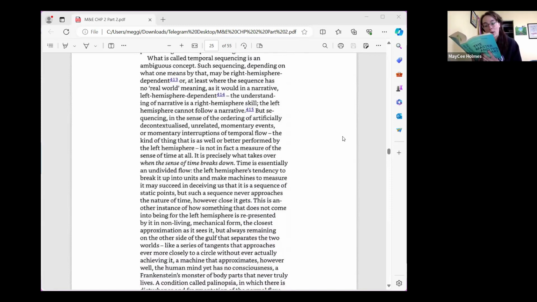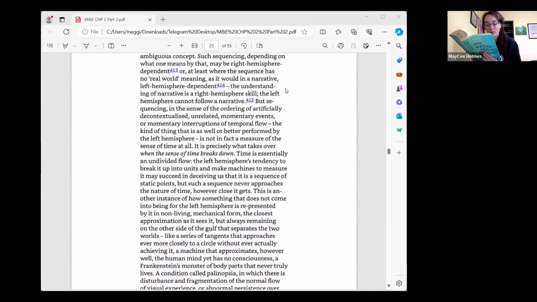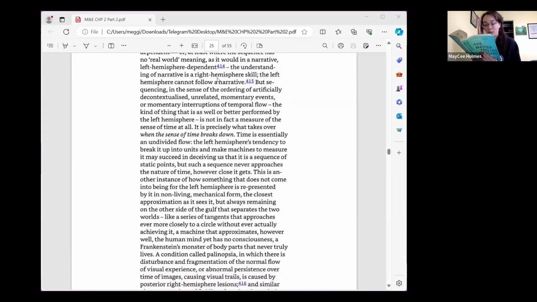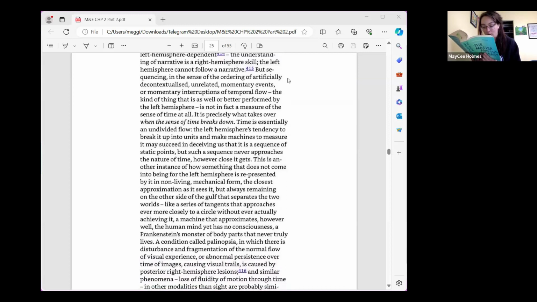What is called temporal sequencing is an ambiguous concept. Such sequencing, depending on what one means by that, may be right hemisphere dependent, or, where the sequence has no real-world meaning, as it would in a narrative, left hemisphere dependent. The understanding of a narrative is a right hemispheric skill. The left hemisphere can follow a narrative, but